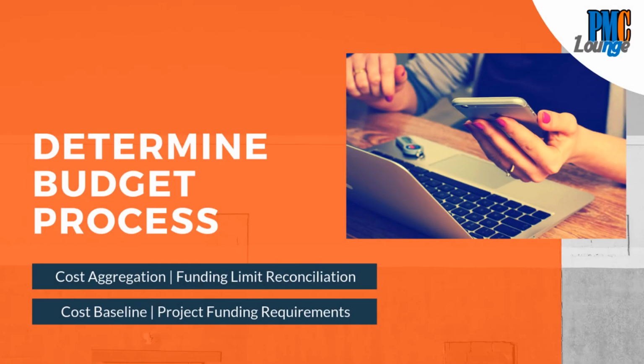Today we are looking into the determine budget process. And while we discuss this process, we will also try to understand the important concepts related to this process. So, cost aggregation and funding limit reconciliation are important tools and techniques used in this process, while cost baseline and project funding requirements are important outputs of this process. So when we study the determine budget process, we will also talk about these important tools and techniques and outputs of